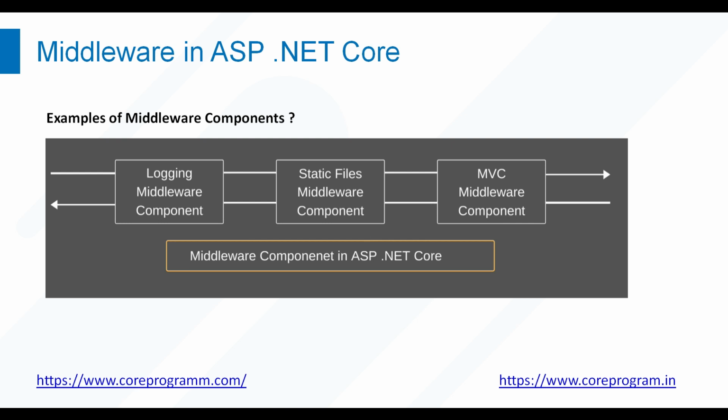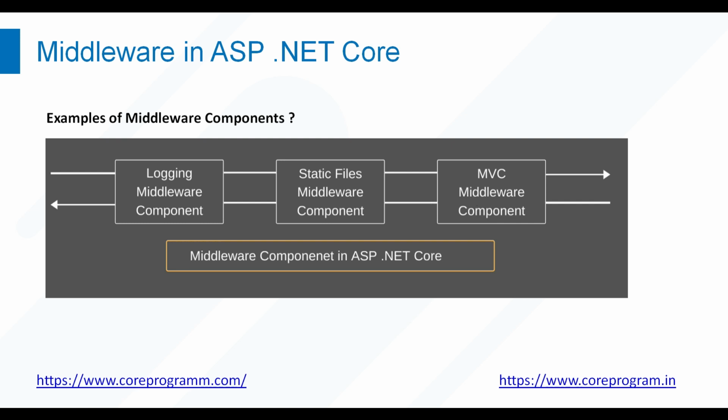A middleware component in ASP.NET Core may also handle the HTTP request and generate an HTTP response. The ASP.NET Core middleware component may also decide not to call the next middleware component in the request processing pipeline. This concept is called short-circuiting the request pipeline. For example, we have a static files middleware component, and if the incoming HTTP request comes for some static file such as images, CSS files, etc., then this static files middleware component can handle the request and short circuit the request pipeline by not calling the next component in the pipeline, that is the MVC middleware component.